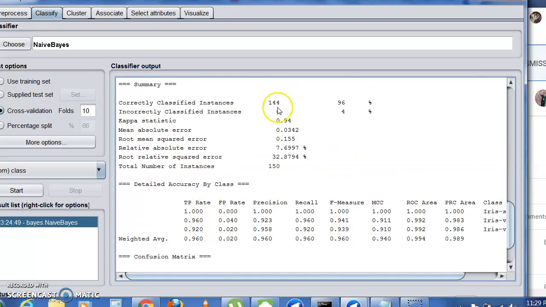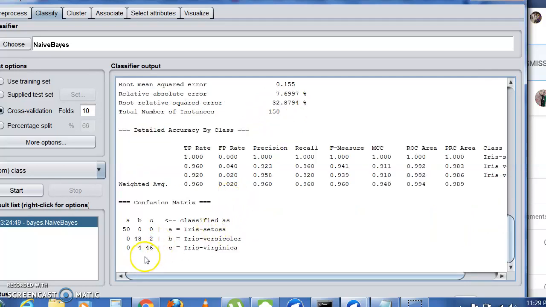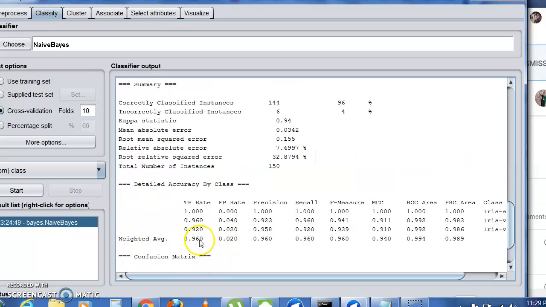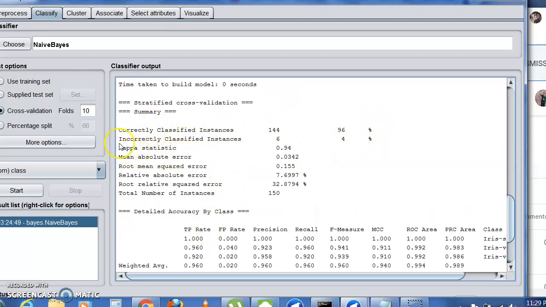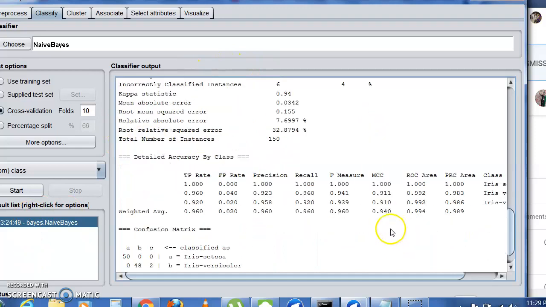That's what they have told here: 144 are correctly classified and 6 are incorrectly classified. So that's what they have given in confusion matrix form. Make sure the confusion matrix satisfies this answer. This is what is actually happening in your classification table.